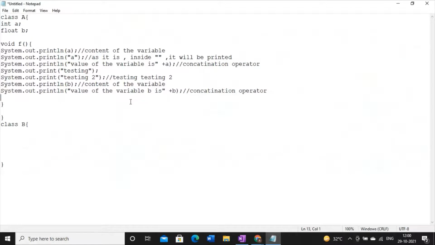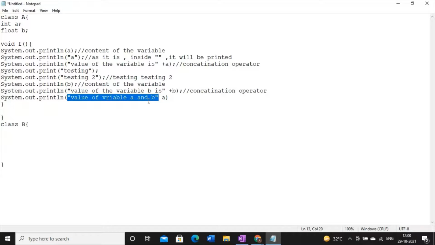So here I'm going to print two variables together. How is it possible? See, System.out.println, then the statement. What is the statement? Value of variable a and b. Now, how can we write this? First, we will print the value of variable a.